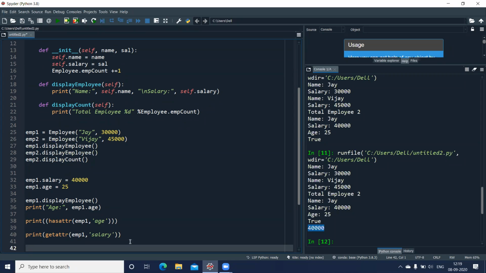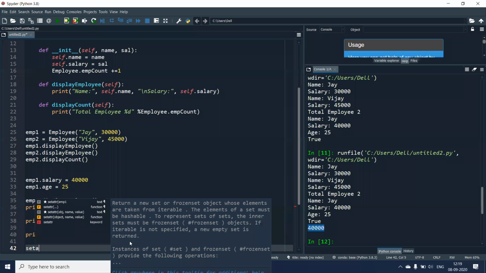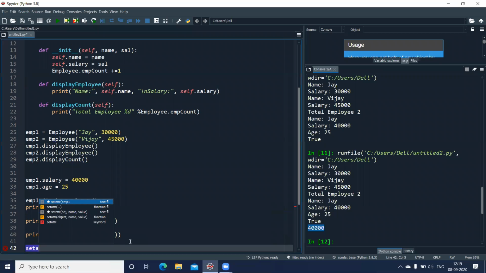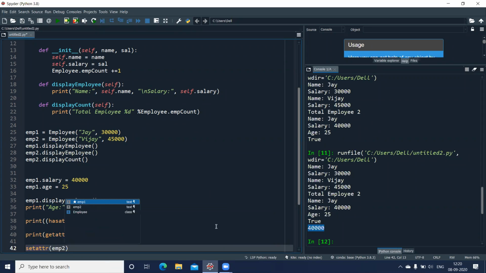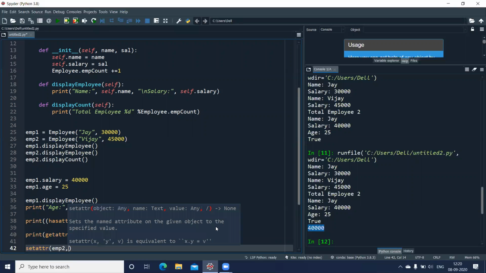Now you can also assign or set values. Instead of using the equal to operator, I can use the set command here, setattr, in the round brackets. Now let us say in employee 2, emp2, I want to change the salary of employee 2.